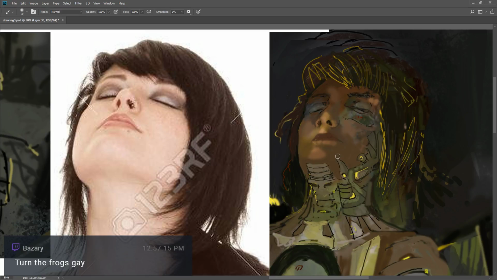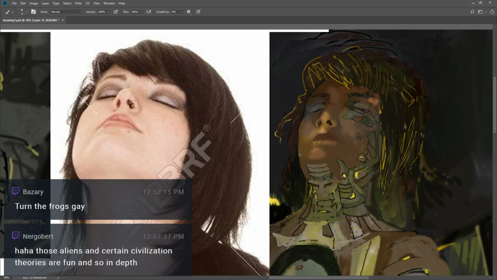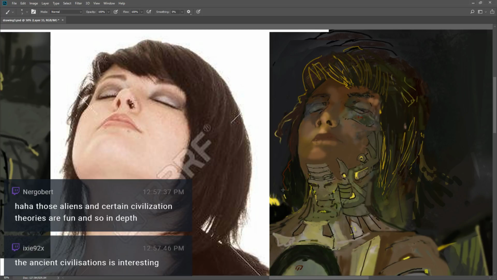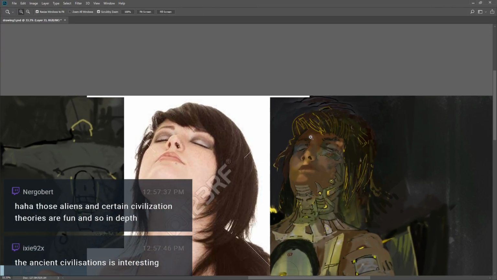I don't like these turning the frogs gay. I don't like that. I gotta scream to do Alex Jones. Can't. Alex Jones not able to warn people that they're turning the frogs gay anymore. Yeah. It's like the pyramids. Aliens built the pyramids and shit. Yeah. Ancient civilizations is interesting. I feel like they would have left a footprint much larger than